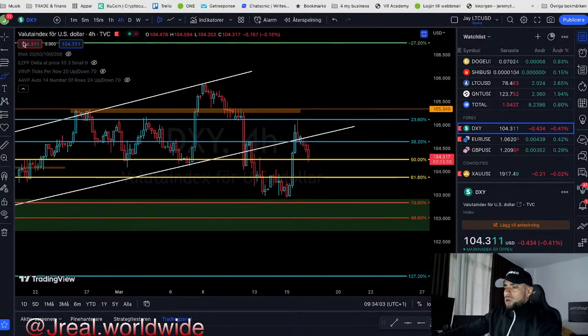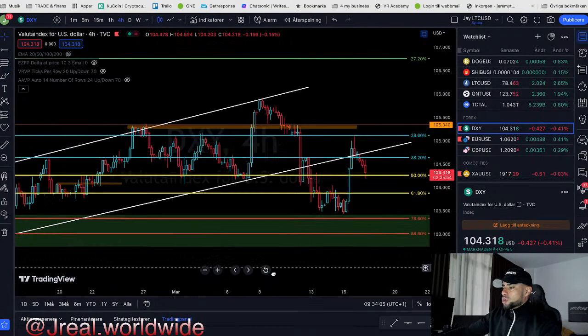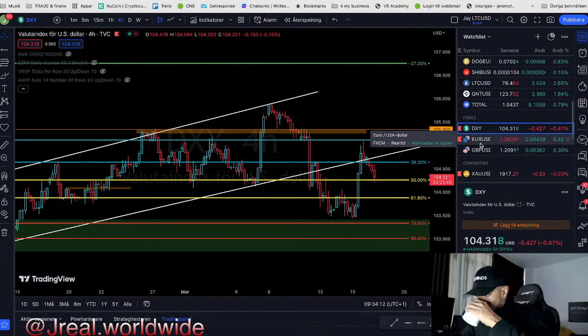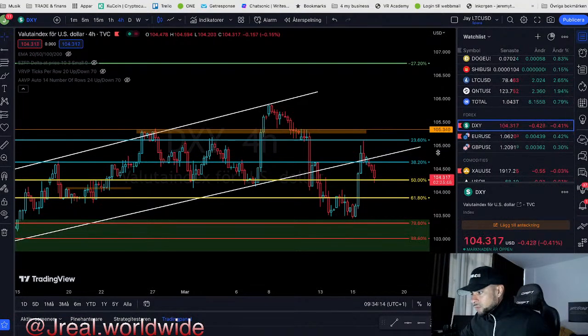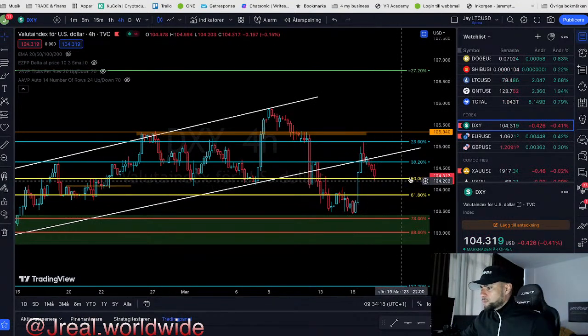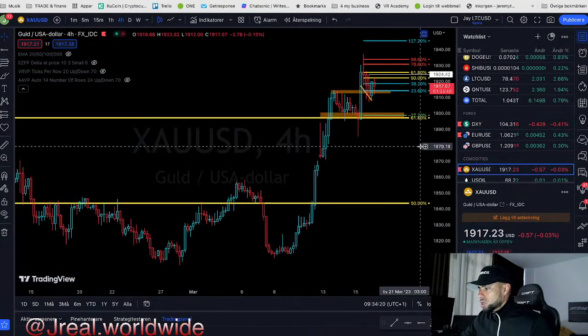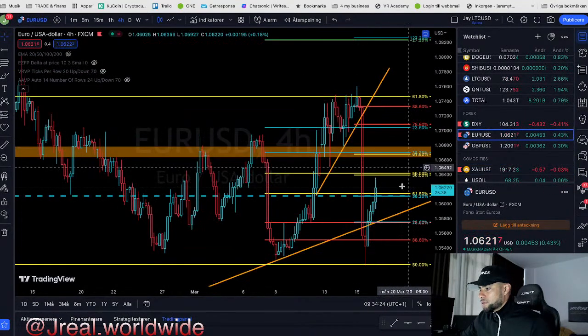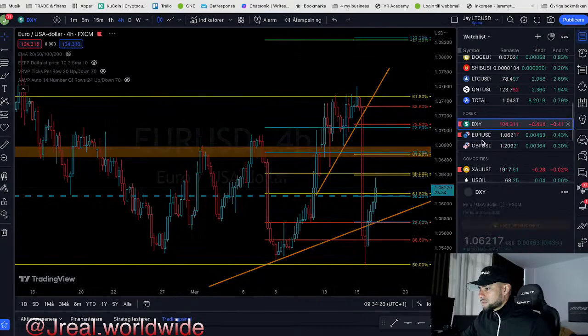And of course, as we know, the US dollar affects gold, Euro USD a lot. Bitcoin not as much, but Bitcoin as well. So if this thing starts to drop or come into the sweet spot zone, we will see gold moving up from here, Euro USD moving up from here. If it doesn't,